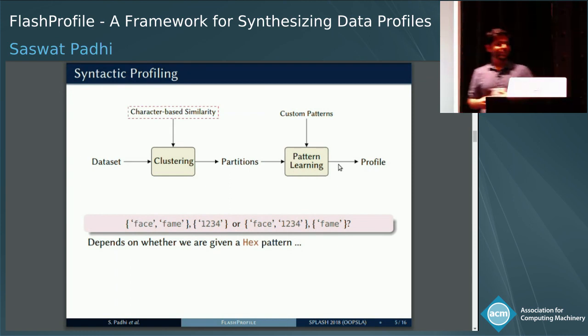And the answer really depends on whether you have a pattern like a hexadecimal pattern. If the user provides a hex pattern and prefers to see a hex pattern, like you give a cost function, I'll come to that in a minute. But the point is, if you have a hex pattern, then you might want to club face and 1, 2, 3, 4 together, but not the fame together, face and fame together. So then